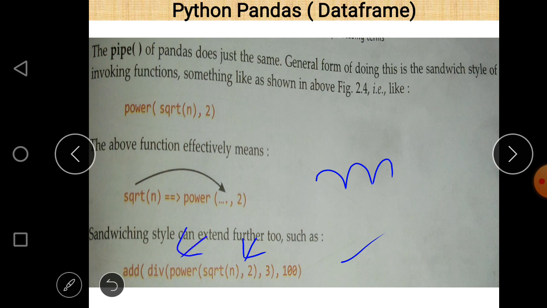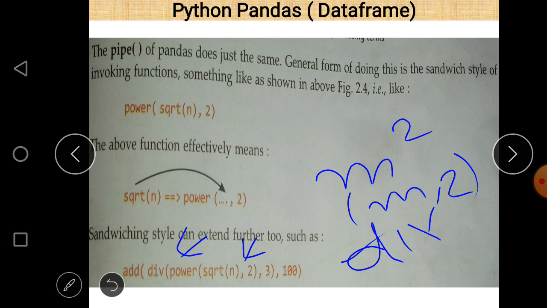Then m power 2 will be calculated, because in the power function two arguments are given, m and 2. After the execution of the power command, the div function will be executed, which refers to division.